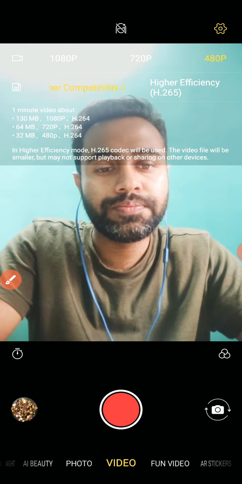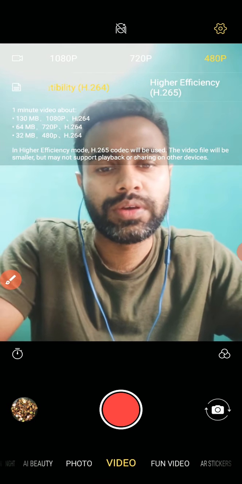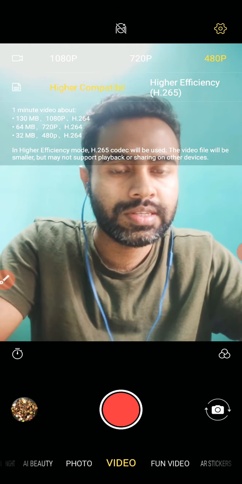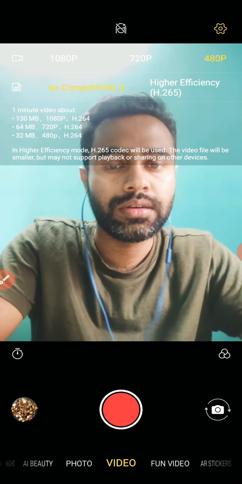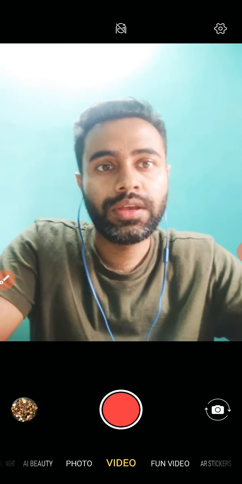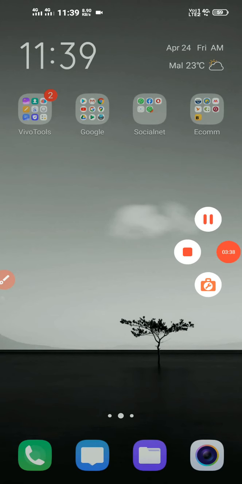Once I'm done, I shoot the video, and it gets saved. You can see the saved videos either in your gallery as a folder, or album as a folder. Once you are done with it, let us move to